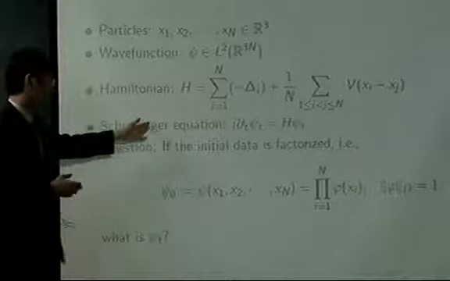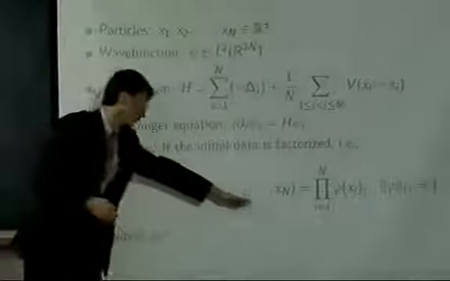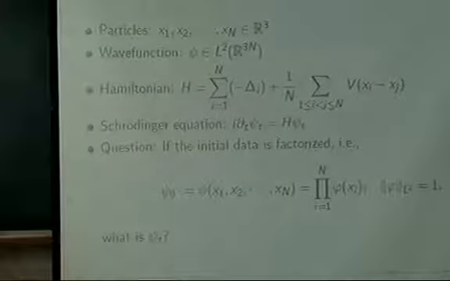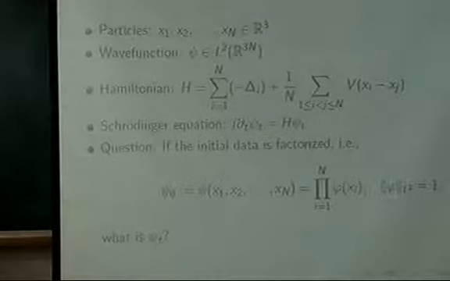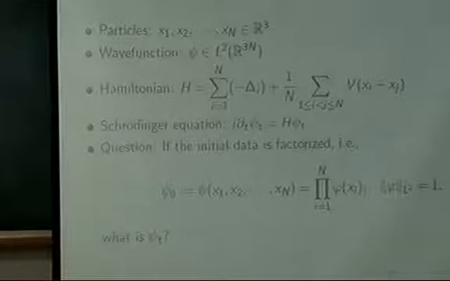So this is the Schrödinger equation, and this is the initial data, and we want to consider this psi t, and we want more than this formal solution. If you differentiate this with respect to t, then you get i times H. So H is here, and this can be the answer. But we want more.